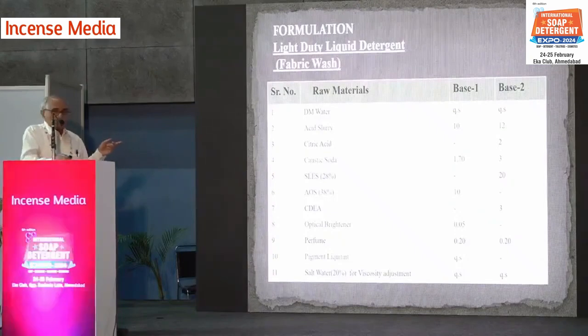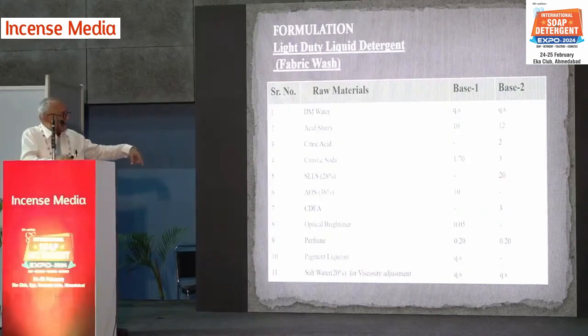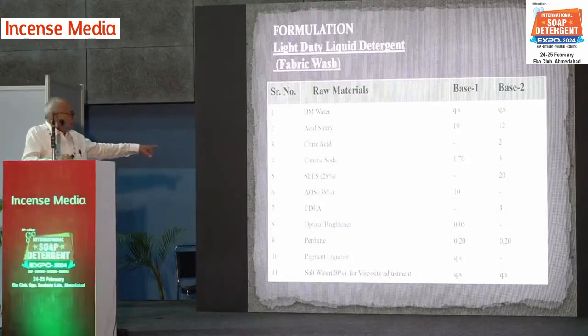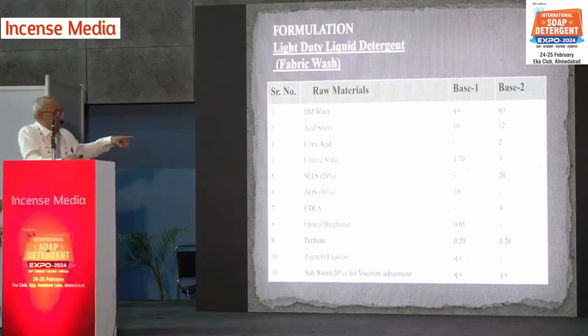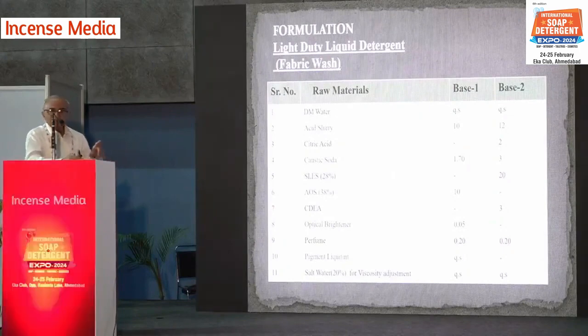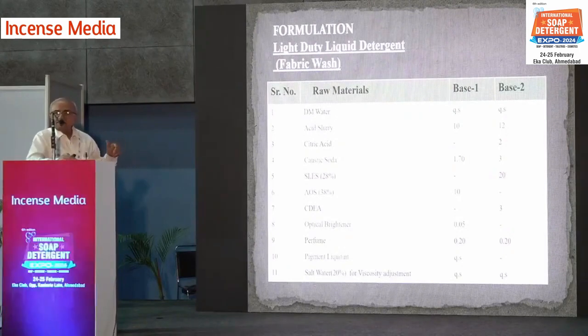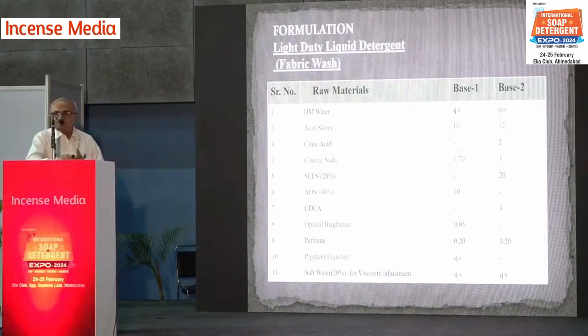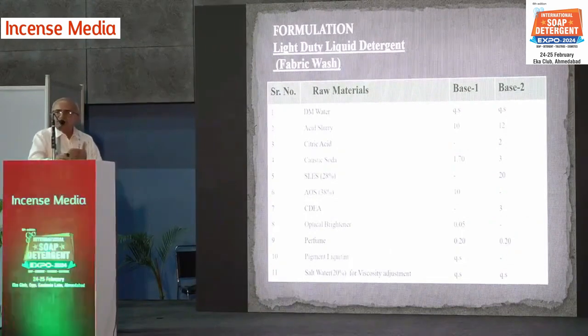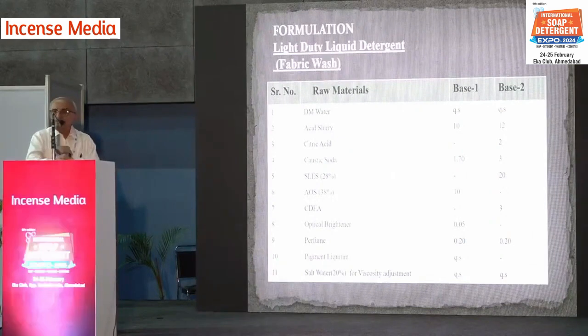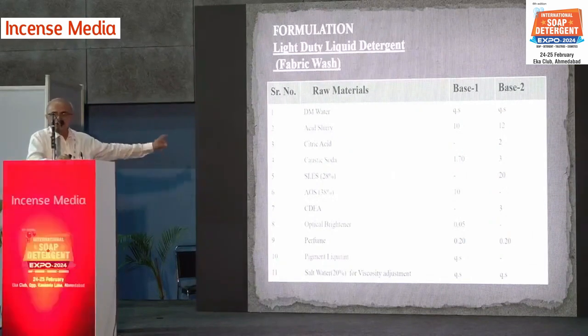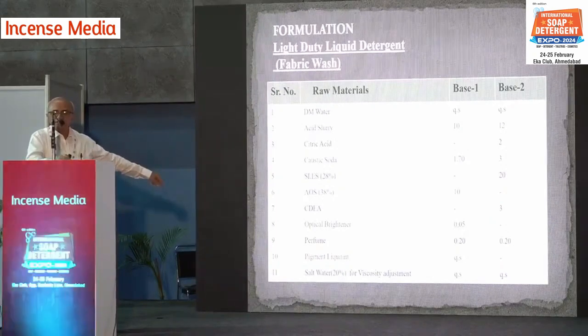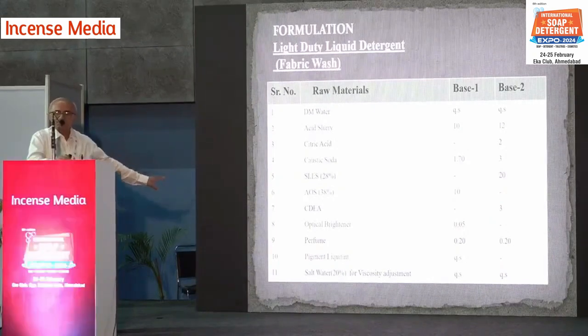In this category, you can see this is the first example. The actimeter: here we have added slurry and AOS as a surfactant, and the actives will be roughly 13%. If you want to make a 13% liquid detergent, then roughly the raw material cost will be 25. If you want this type of phase 1 type, which is a very cheap dish or fabric wash liquid, the raw material cost will be 20 rupees per kg.